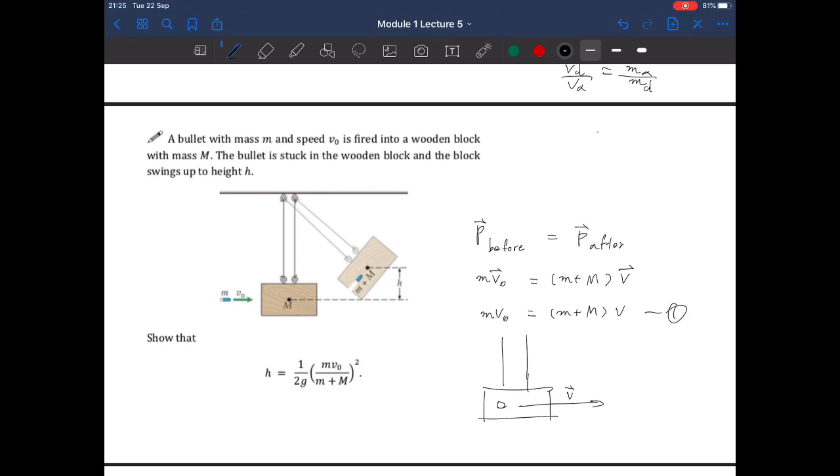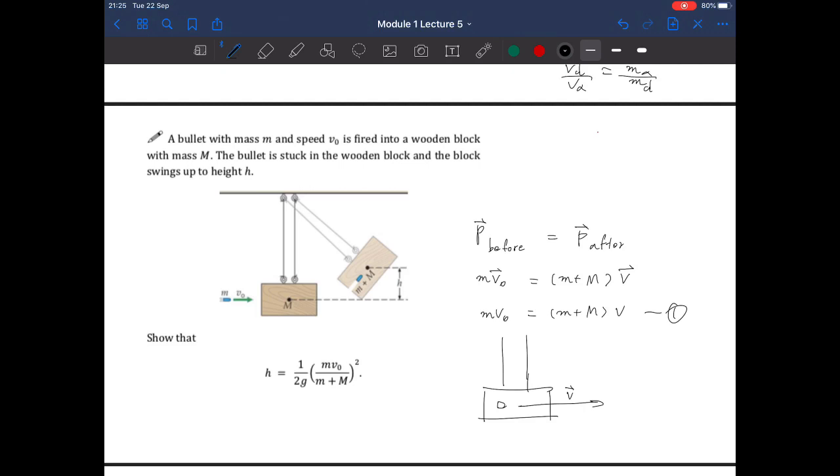So what we need to do next is to think of the system as starting with this v, and then it goes up here. It moves up here, so what happened is it changed this kinetic energy into this potential energy, small m plus big M, g and h. Okay, so that leads us to